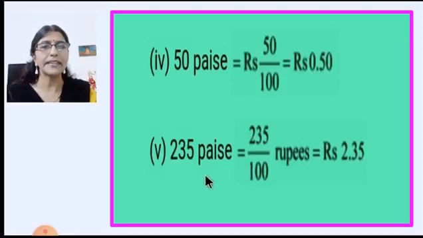Same way, now we will go to the next one, 235 paise. So again, we are converting a small unit into a bigger unit. So we are going to divide it by 100, because you know 100 paise is 1 rupee. So 235 will be divided by 100. Now when we are dividing, you know that the point will be shifted to the left side. First you have to count the zeros. Here there are 2 zeros after 1. So we will start counting from here. 2 places, 1 place here, 1 place here. So the point will be before 3. So you can see here the answer is rupees 2.35. Now this way you will convert the units.